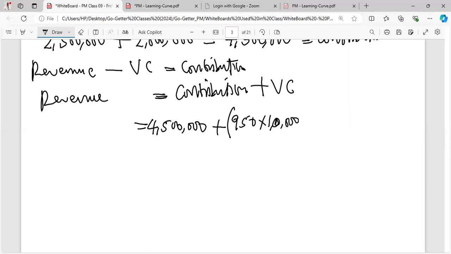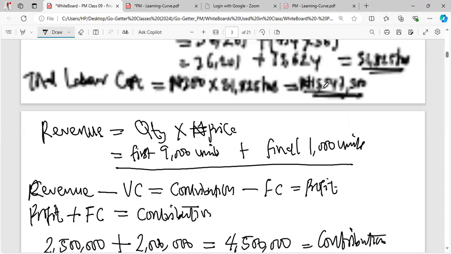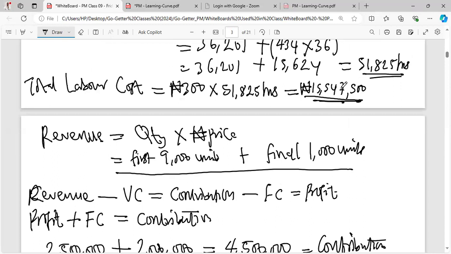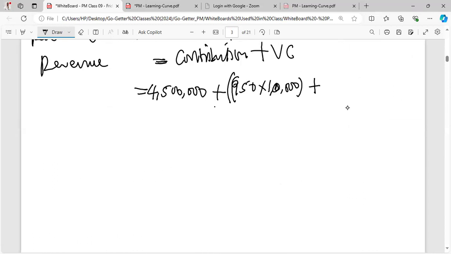So this is for just other variable costs. Now plus what we've done for labor, 15,547,500. So this will now give us